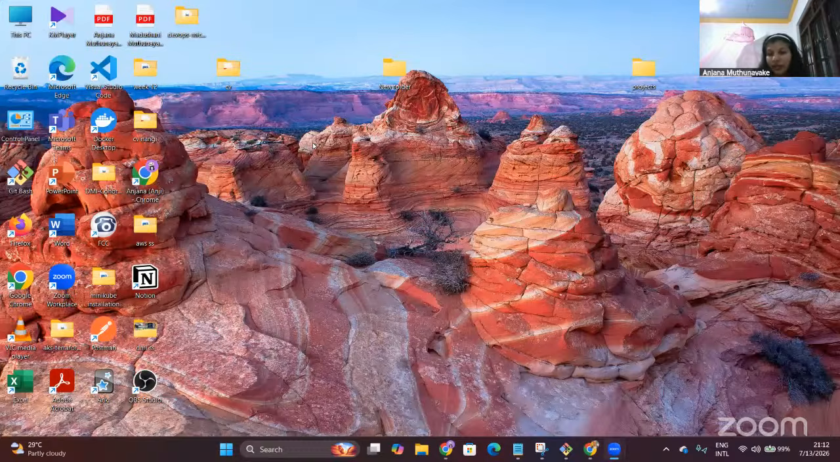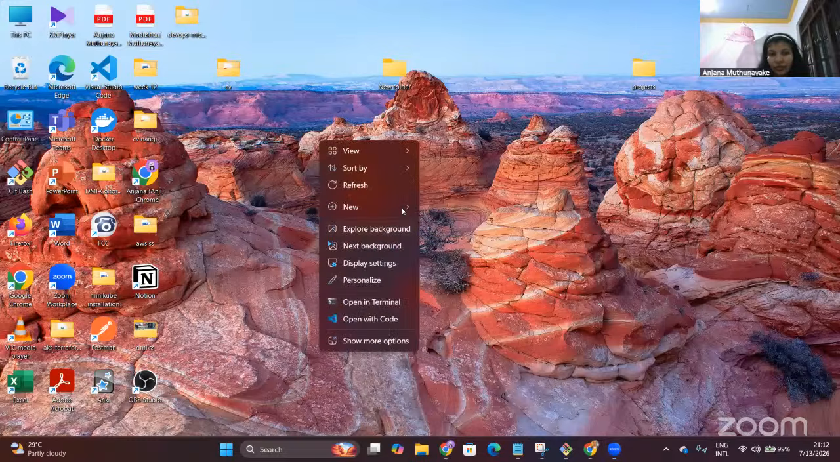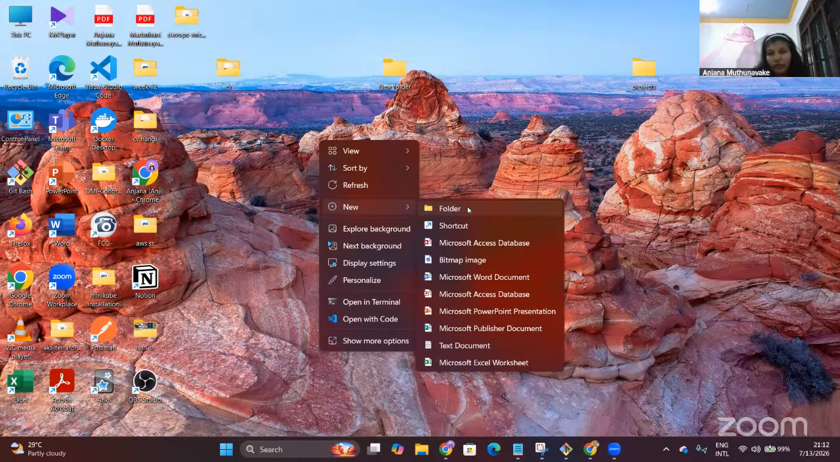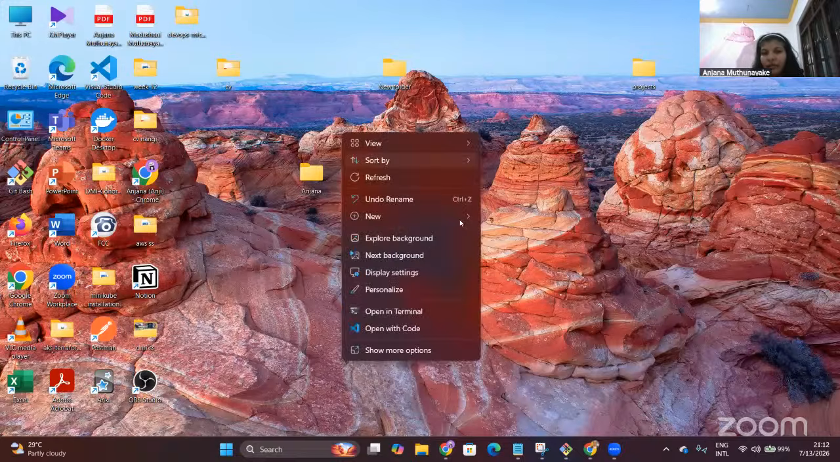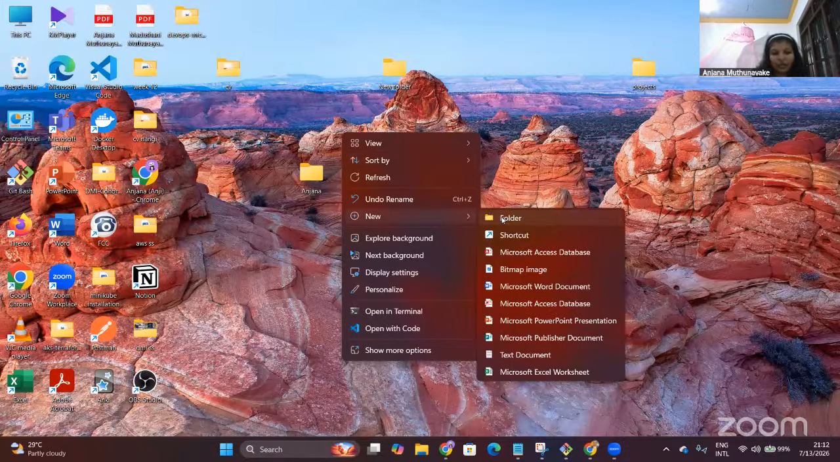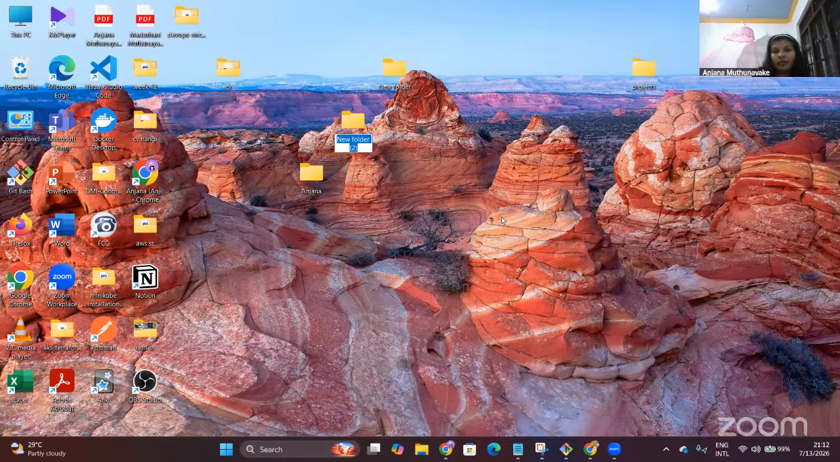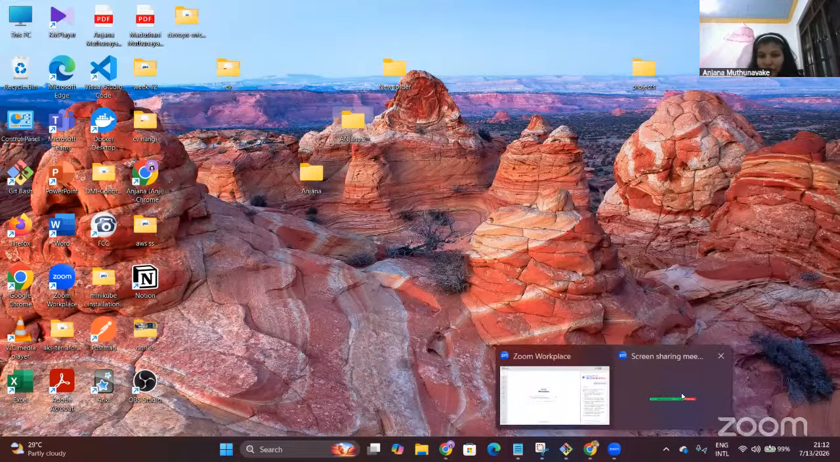As you can see here, if we need to create a file, we can create a folder. We can select new and we can create a folder. This is a manual method. If we need to create another one, we need to repeat it again like this. And if we are using CLI,